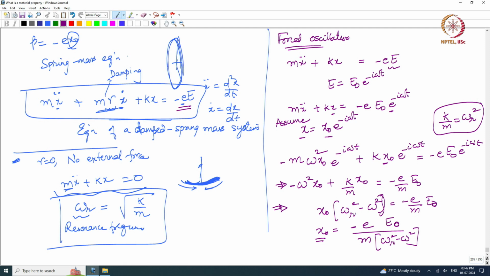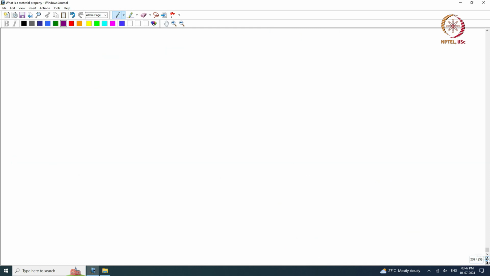So, the amplitude of oscillation is a function of frequency, x naught is a function of frequency, that is what you get from here, right. Now, x naught I said is related to the polarization, right. So, whether I look at the displacement of electron away from the center or whether I look at the polarization, it is one and the same, the polarizability rather, not polarization, but polarizability of the electrons. Okay. So, now